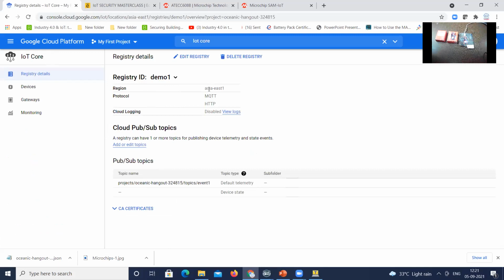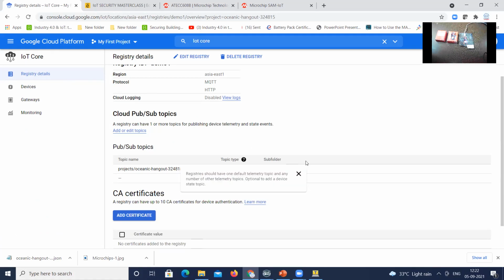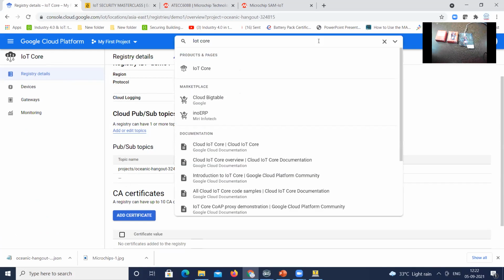So our registry is created in the name of demo one, you can see, and the logging feature is disabled on it, and the topic is associated. The data on the topic event one will be accessed by the device with the help of the keys which we will be creating. Right now, we don't have any certificates and keys. So for that to be associated, we have to